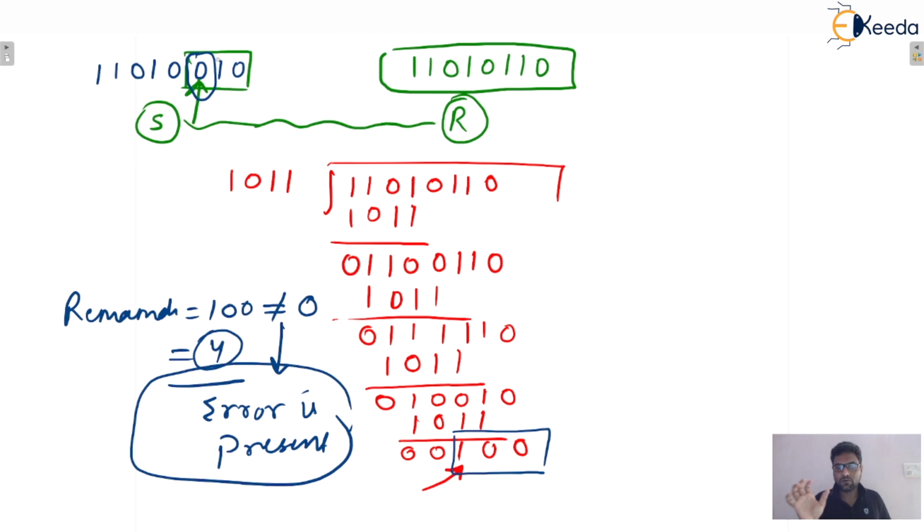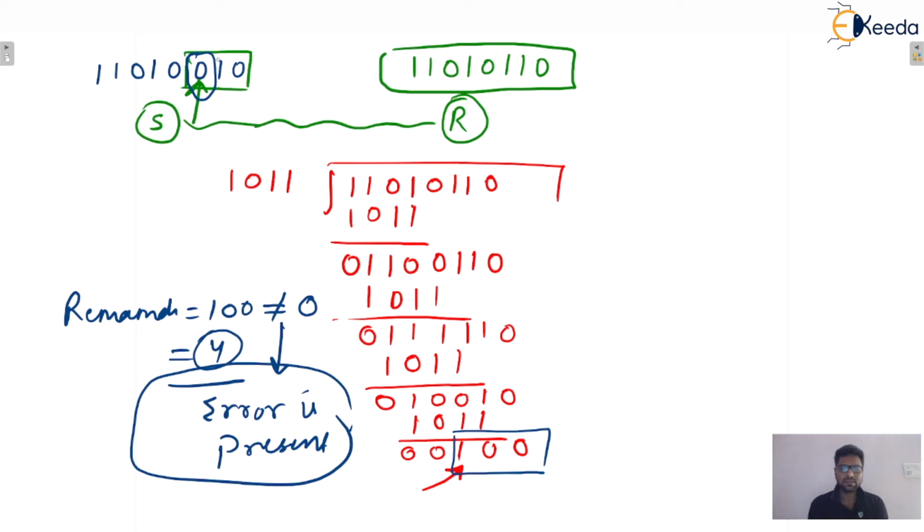Some students, during calculation, always take these 3 bits as the remainder. No, that depends on the CRC generator. The CRC generator is of 4 bits, that's why I'm taking 3 bits. If the CRC generator is of 5 bits, then we'll take 4 bits. If the CRC generator is of 6 bits, then we'll take 5 bits, and so on, isn't it? And if the CRC generator is of 5 bits, then from the leading one 5 bits are required. If 5 bits are not there, then in the worst case 4 bits or 3 bits will be there. Now take n minus 1, that is 1 less, isn't it? Okay guys, so I hope this one is clear to everyone.